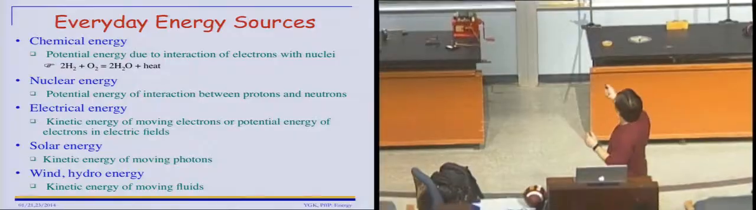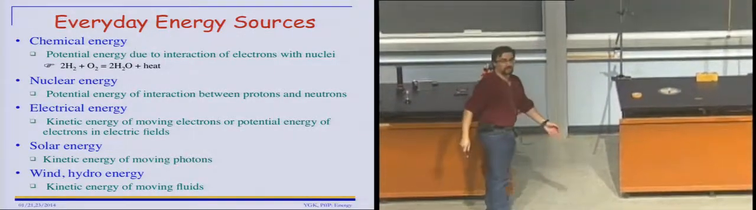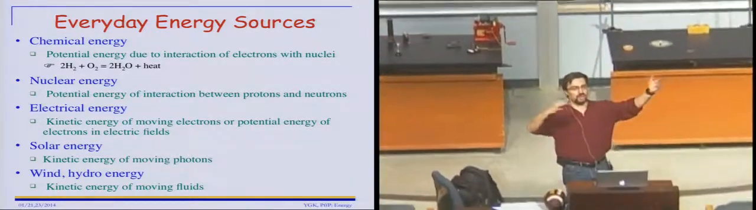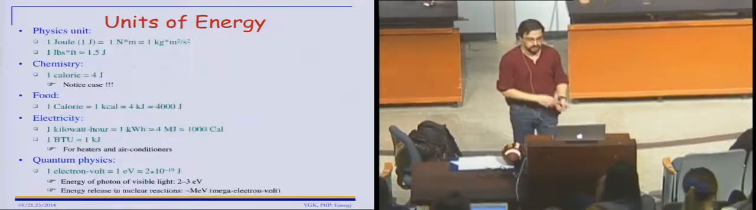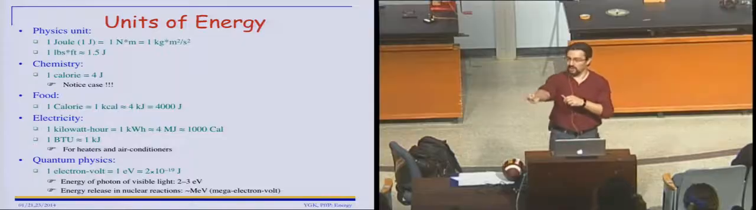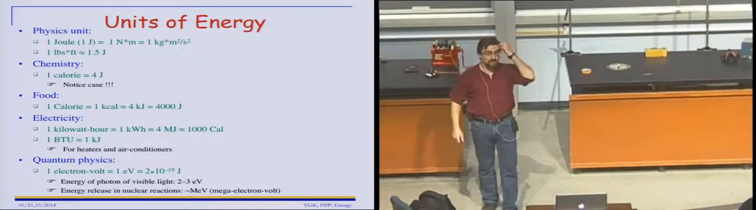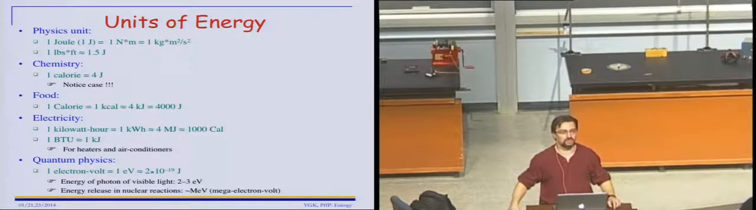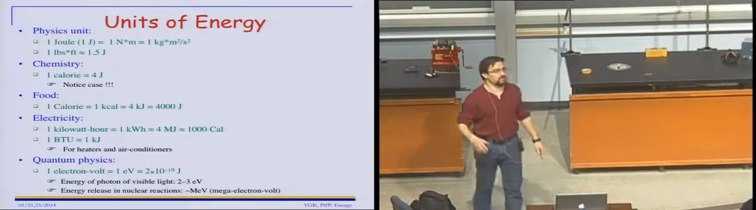And then, of course, wind, hydro energy, etc., is again an example of kinetic energy of moving macroscopic objects, air for wind, water for hydro. And so we'll discuss all of this in great detail, but now let me come to units, and there was a question about that. Again, physics is a quantitative science, and so we need to talk about units,